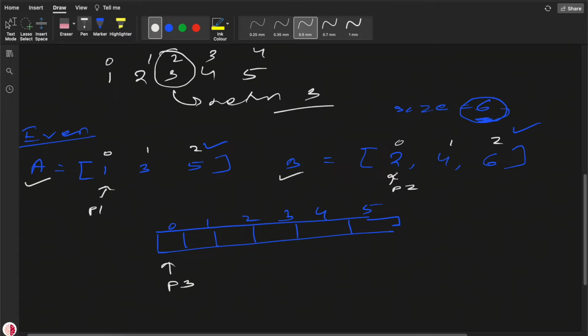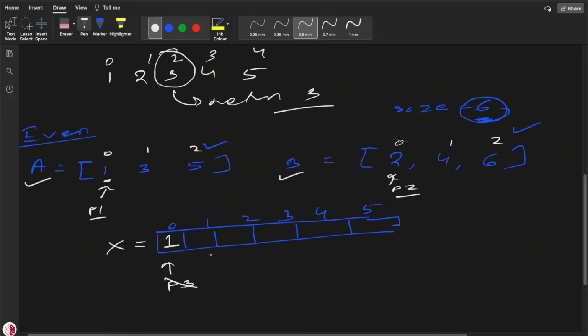Whichever element is smaller, that element we need to put in this array. Let's say this array is, let's say, X array. In this X array we need to put that element. So first of all, here just check A of P1 and B of P2. So 1 is lesser than 2, right? So this one we need to insert in X array,